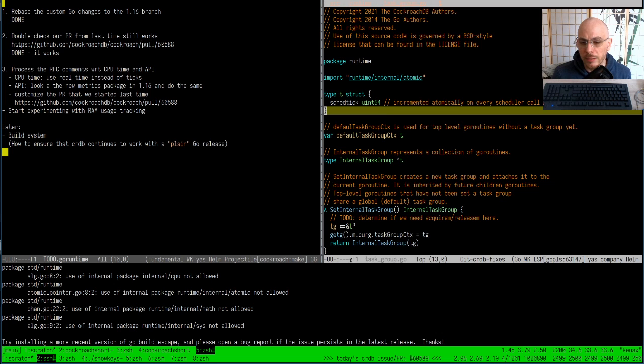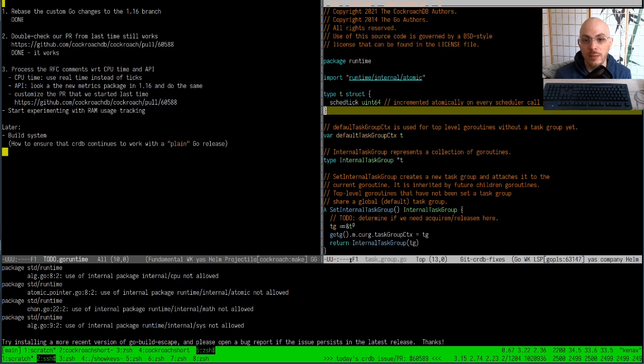and there can be many Gs mapped to a P, and then the Gs also move from one P to another, meaning a Go routine can be executed by multiple different CPU cores, one after the other. And also Go routines nowadays, since version 1.14, I believe, are preemptively scheduled, meaning that there is a guarantee of fairness of access to CPU time between Go routines. Okay, so that was the executive summary of what Go provides. So it only has Go routines and OS threads, and there is no in between. And so what we are doing in our custom patches here is to introduce a new abstraction in between called